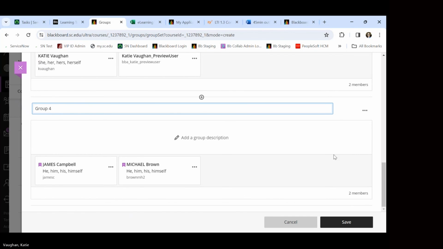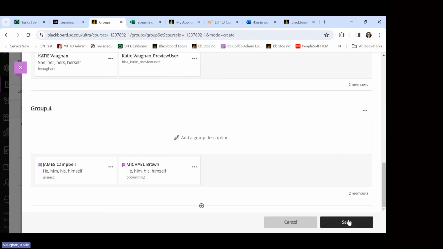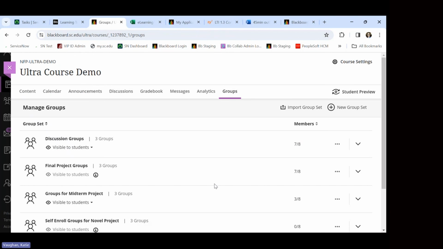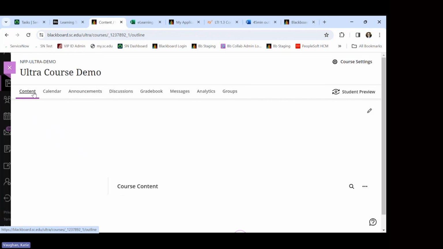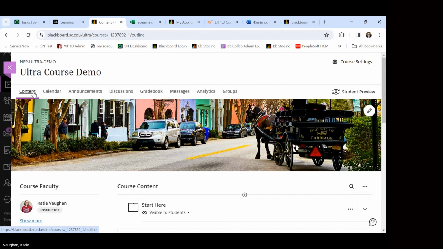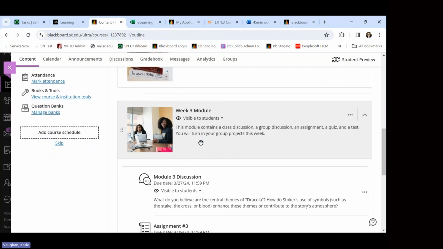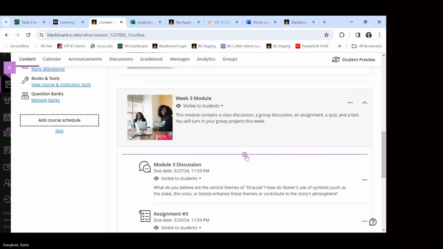And once we save that, we have our group sets in place. And then the way that Ultra has you using groups is as you go into the assignment or discussion, whatever it is that needs to be a group assignment. And when you're creating it, so I'm going to create,